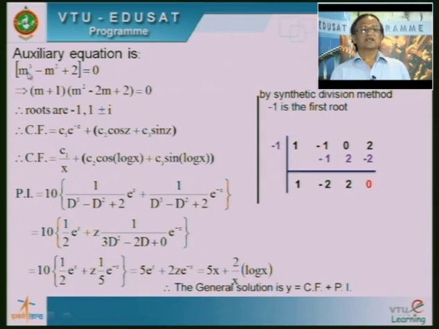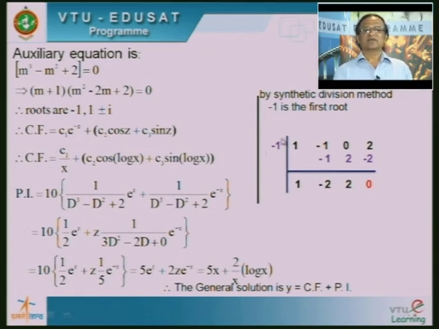Is it clear? So like that, by trial and error method, first we want to find out the first root. Then you may ask, sometimes minus 1 may not be the root of this equation, then what do we do? If plus or minus 1 is not a root of this equation, then you can try with plus 2 or minus 2, plus 3, minus 3. So like that, by trial and error method we can find out the first root. Okay, here minus 1 is the first root of this equation.